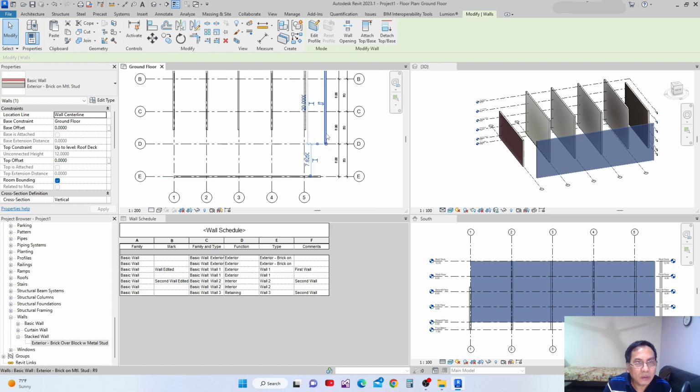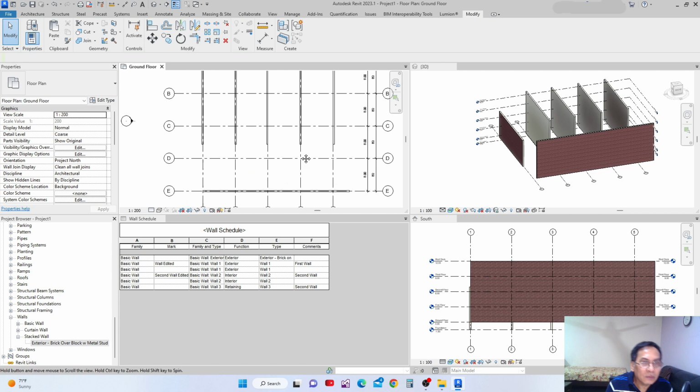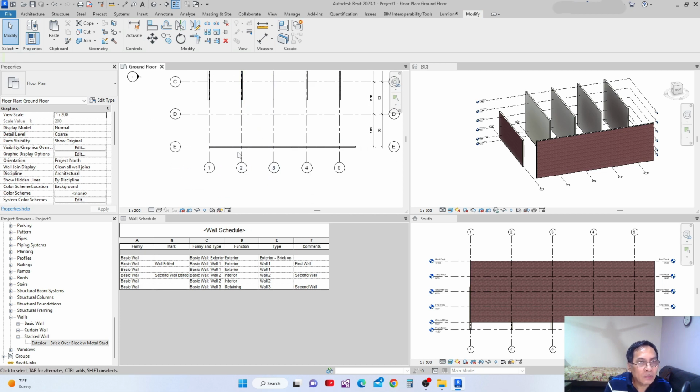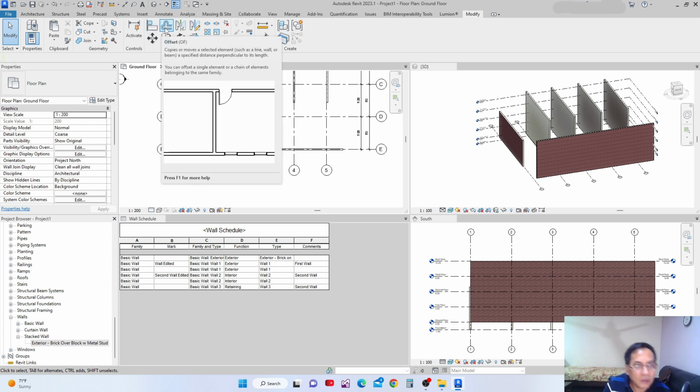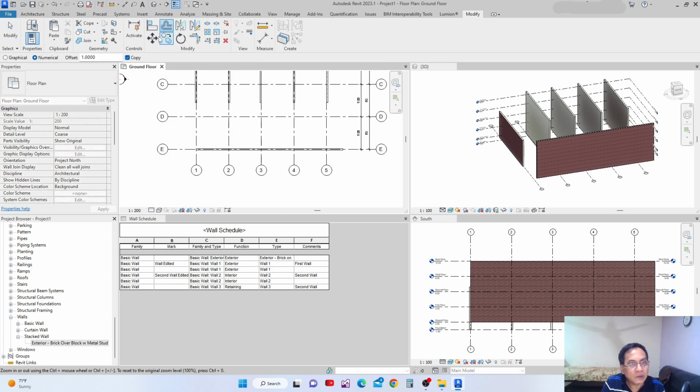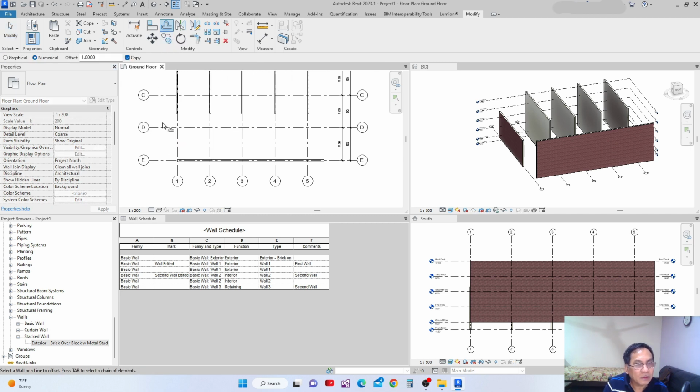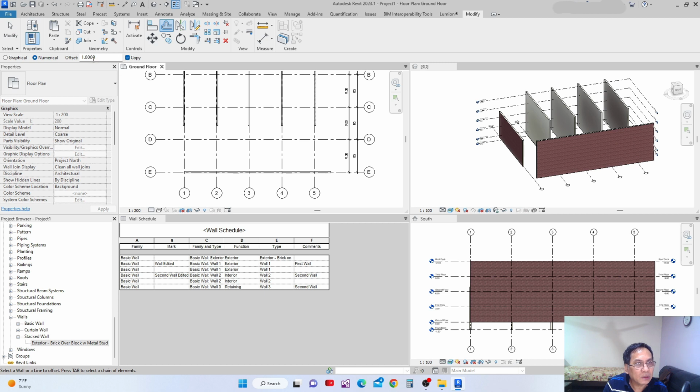Okay, and then I delete this, and then again, what else can we do? We have seen this align, and another one, there is an offset. Offset means if I click this offset, I can make an offset. If I'm going to create another one like wall,